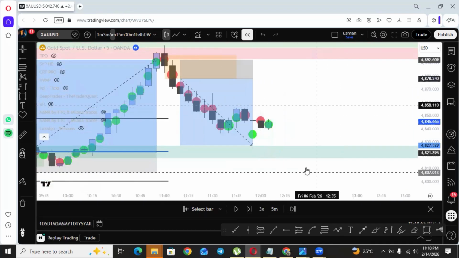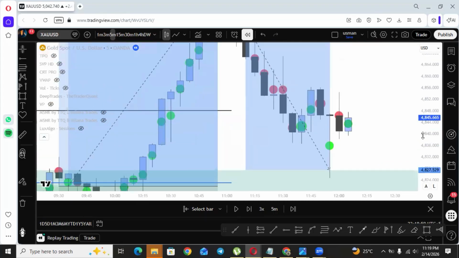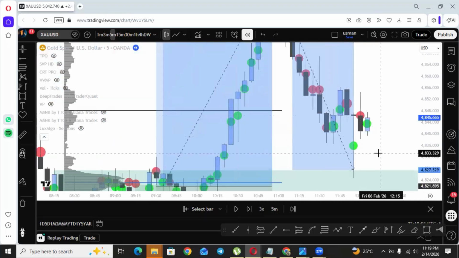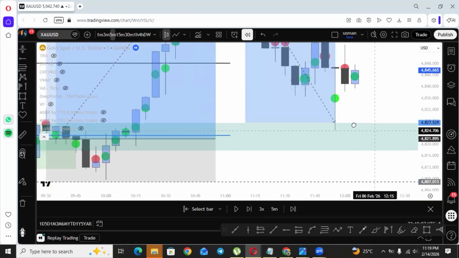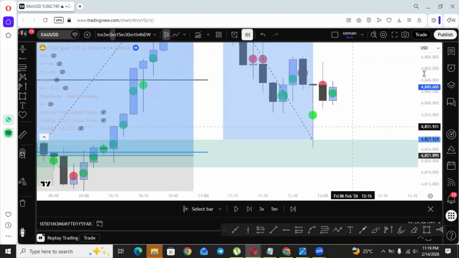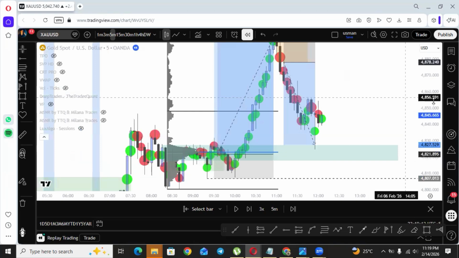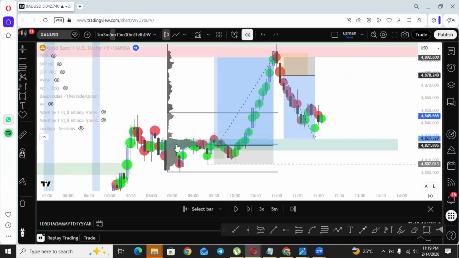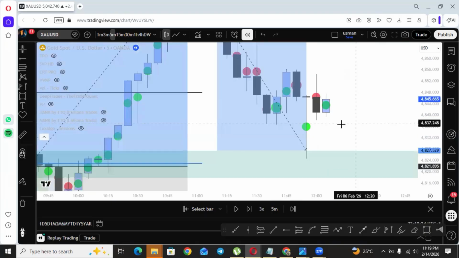Market reached this point, and market showed an aggression of buyers in the sell candle exactly from the area of this high volume cluster which I had marked earlier. I have not marked any candle. I don't even see the candle. I see these bubbles and these clusters and mark my areas based on that. So market showed us aggression of buyers in this sell candle,